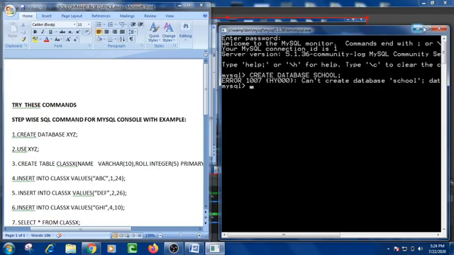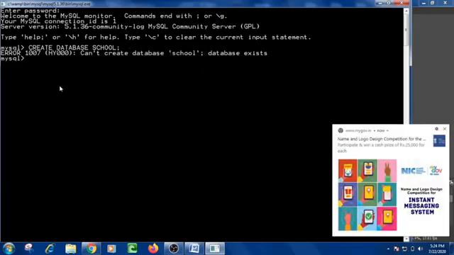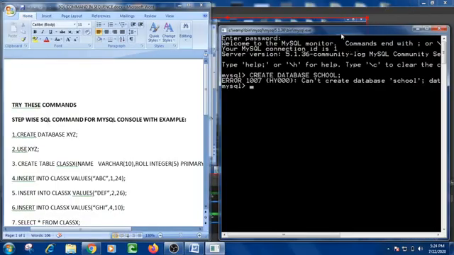It is not going to create the database school because a database with the name school already exists. So one more thing that we can do is either use the same database again, or we can create another new database. Suppose that I am changing the name from school to student. Semicolon, enter. Now the query is okay and one row affected.